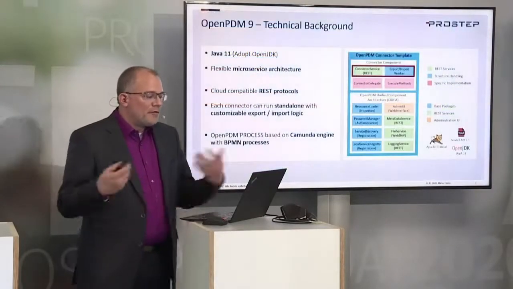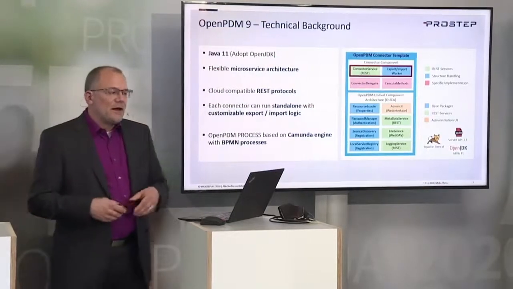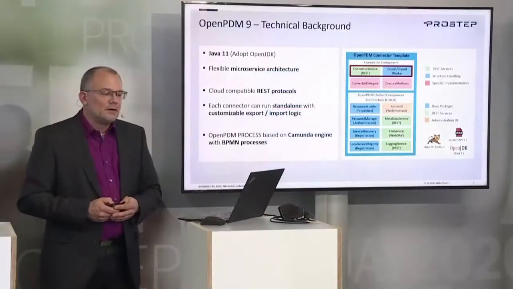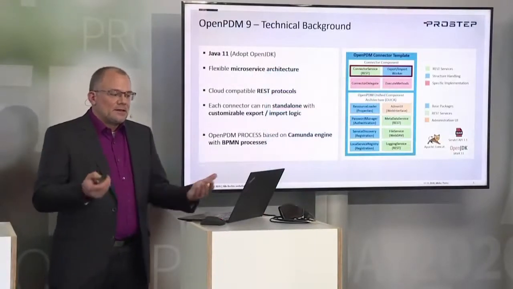Before we get started with these processes, though, I'd just like to tell you a little bit about the technical background, what OpenPDM 9 actually means and which technologies are used therein. 2 years ago, we had announced already that with OpenPDM 9, we were going to switch entirely to Java 11, the long-supported release of Java. Also, OpenJDK is going to be supported. We're going to use AdoptJDK, but if you use a different JDK, then we don't see any problems that you could use this as well. But officially, we support AdoptJDK. Now, I announced that before already.